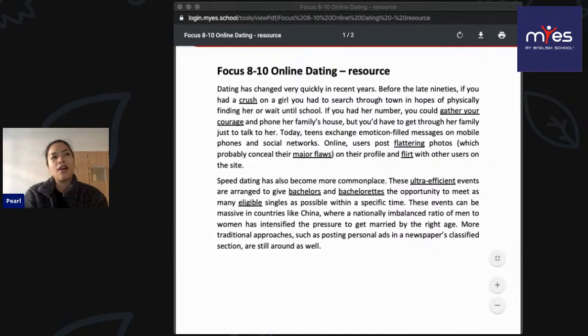If someone physically made the effort to find me in person, I would be a little worried because that's stalker-ish, kind of creepy. But I guess back then it was normal because that was the only way you could talk to someone. But yeah, I guess if you did today, it's kind of weird. But yeah, so how is dating different now compared to the past?